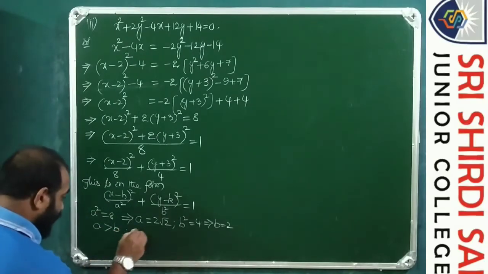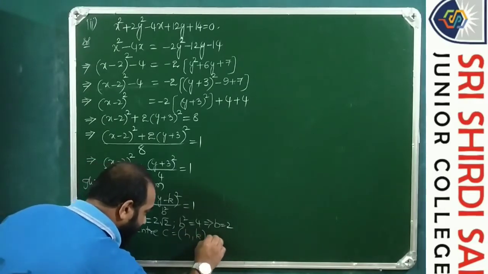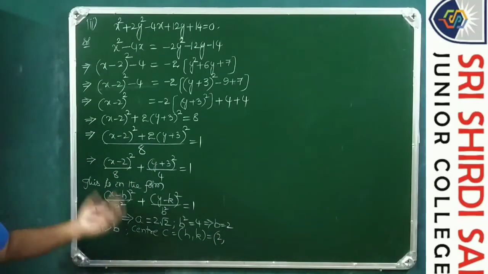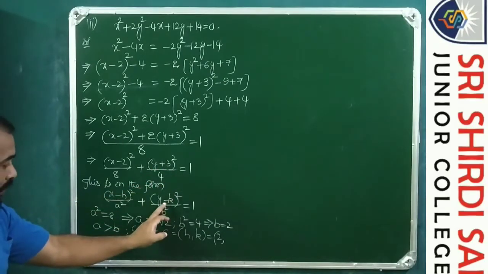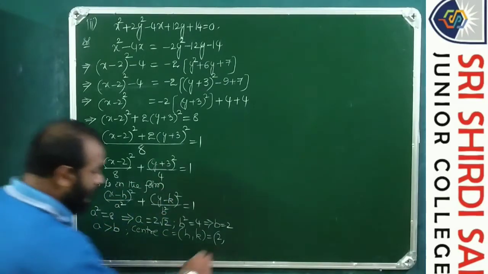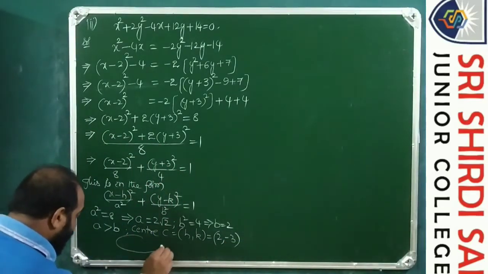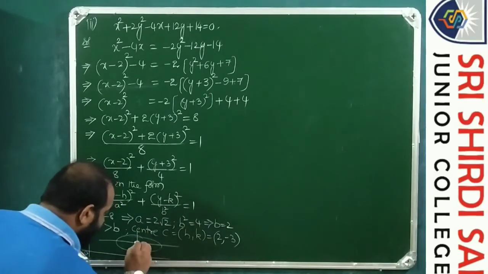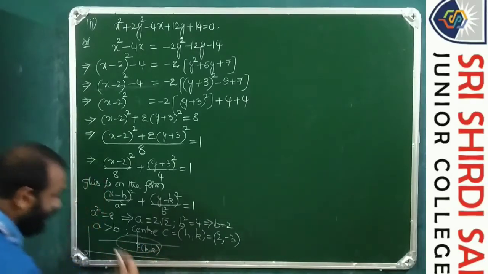Here the center C equals h comma k. H equals 2. Here minus minus same, in the place of h, 2. Plus 3 can be written as minus of minus 3, so in the place of k, minus 3. So the ellipse is going to be as usual like this, but this is the origin and it will be shifted here. C dash, which is h comma k, is situated here.